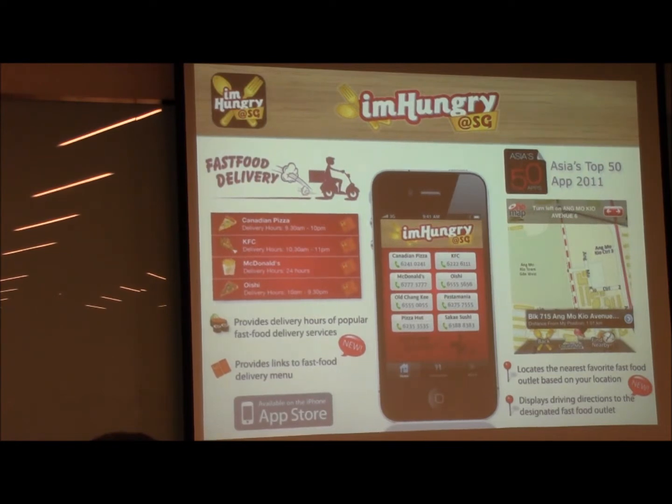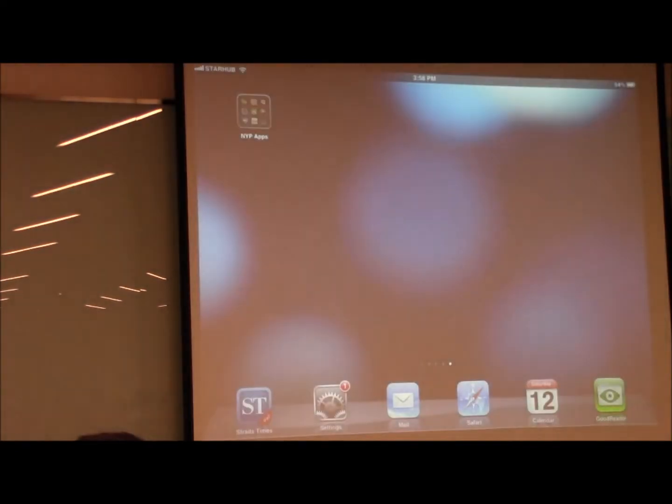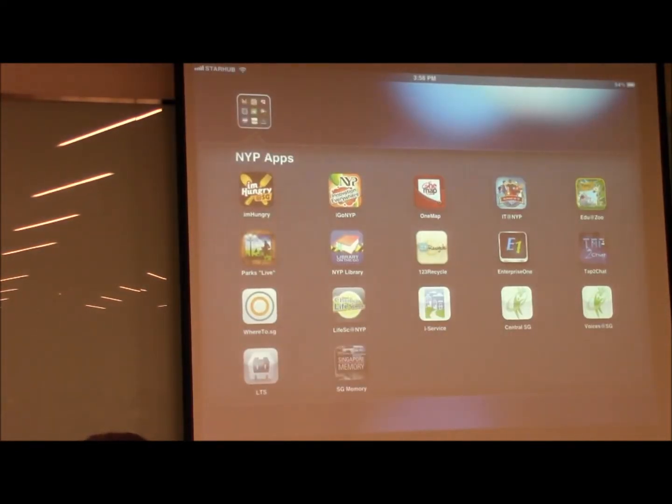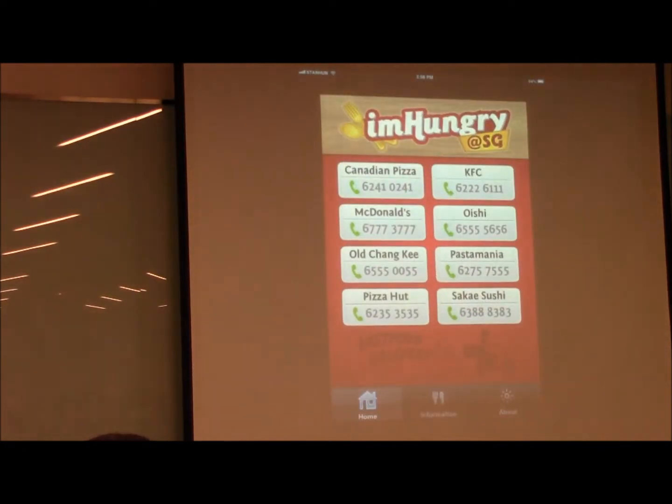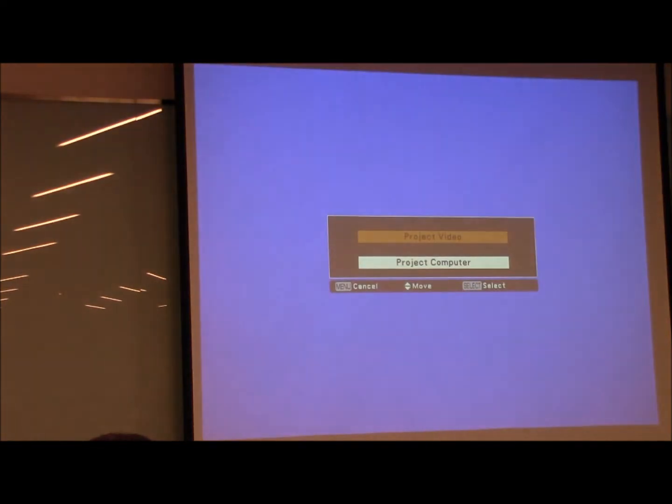Of course, we have put in more features. Let me just share with you. So this is the app that we have done. By clicking on it, it actually brings you and it basically calls you.